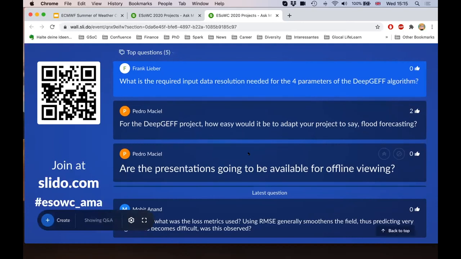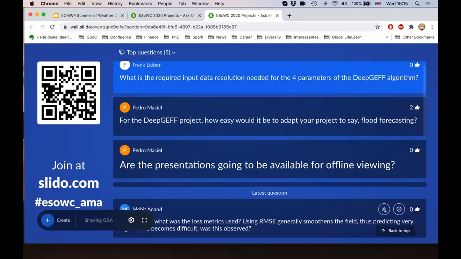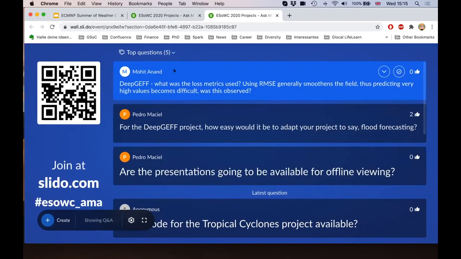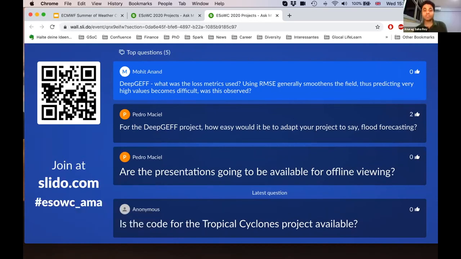Okay, and another question from Mohit. What is the loss metric used? Using RMSE generally smoothens the field, thus predicting very high values becomes difficult. Was this observed? Thanks for the question, Mohit. So predicting high values is one of the challenges that we faced. We did not use RMSE. We used MAE as our loss metric.